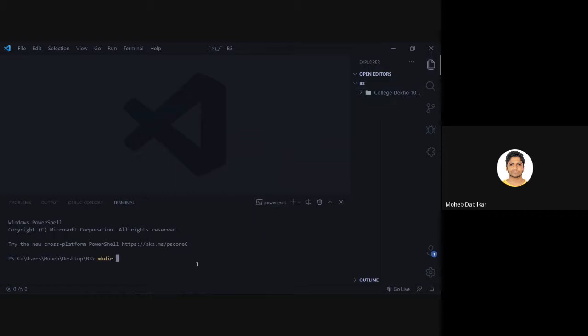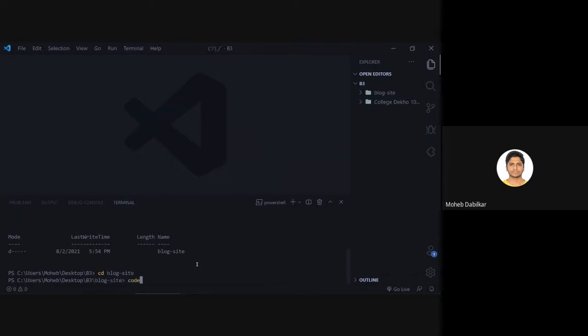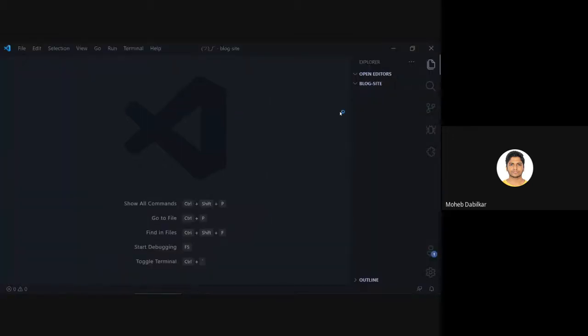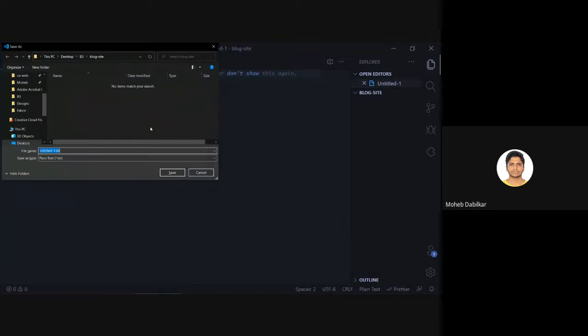I'll say mkdir blog site, and then we can cd to blog site, and we will say code full stop, and let me just close this VS Code. Okay, so we'll create a new file, save it as index.js.